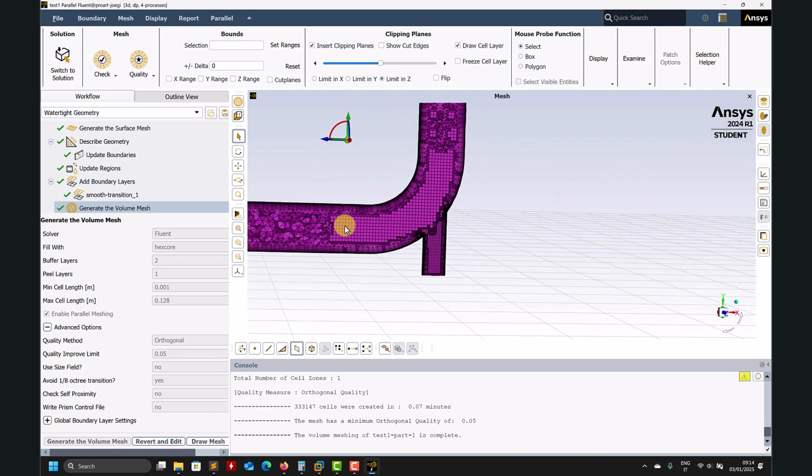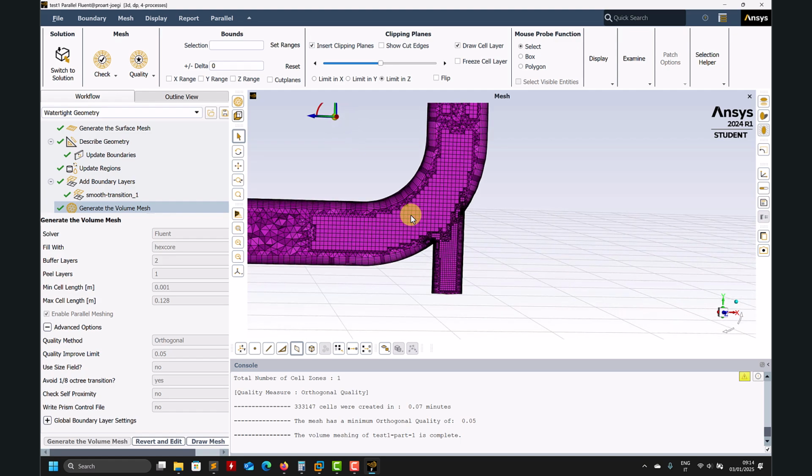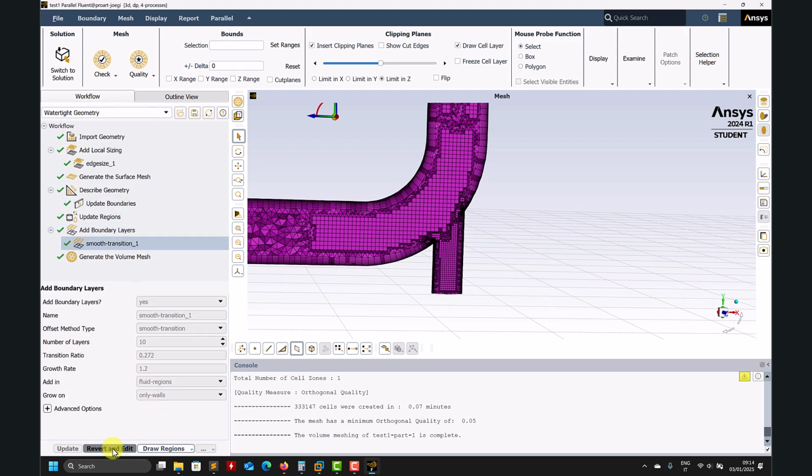So in this case, it was adding with tetra. We can also control it with poly, but this is better. I like it better, but at this point, instead of Xcore, you can add a tetra. And this is it. Okay, so at this point, let me go back here to show you the boundary layer,